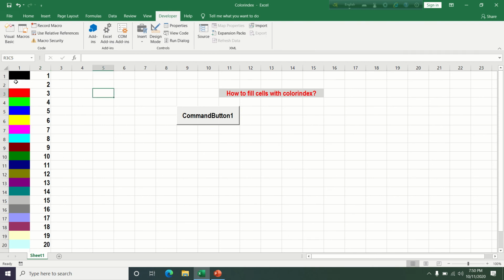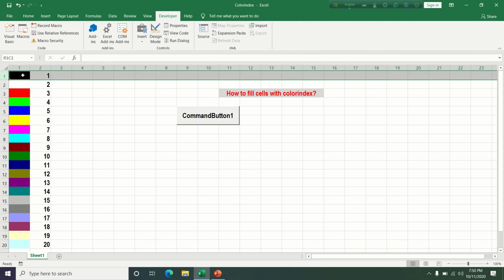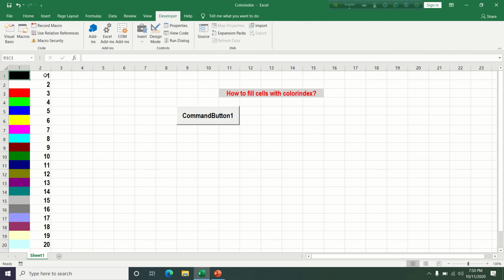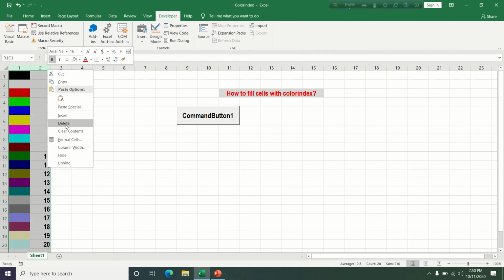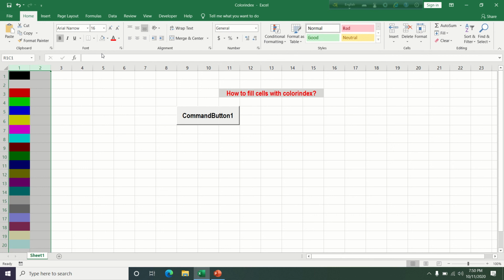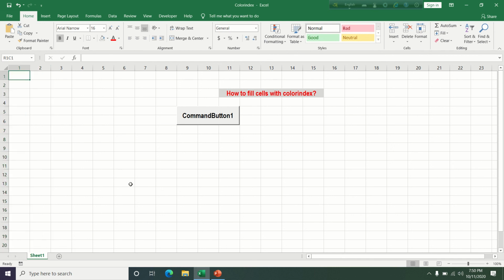Now you might like to add a header here in row 1. You would like to put a header as color here and color index here. So in that case you'll have to leave the first row blank, or you can just write your headers in the beginning. So let us do it, and let's see how you can do the adjustment in the code as well. Here we want to see the color, and in column 2 we want to see the corresponding color index. Okay,